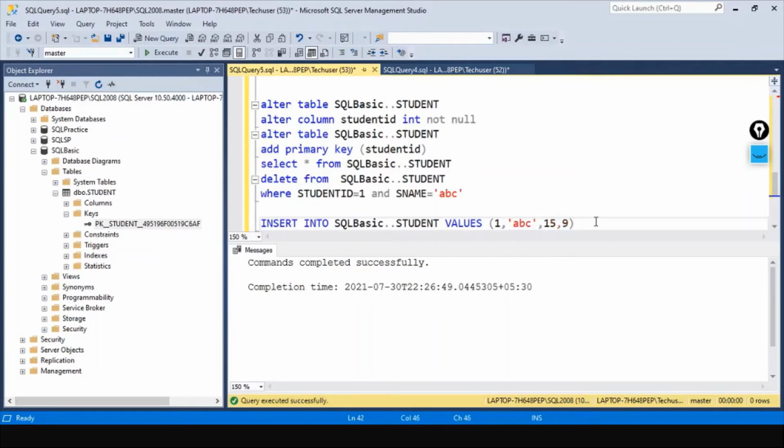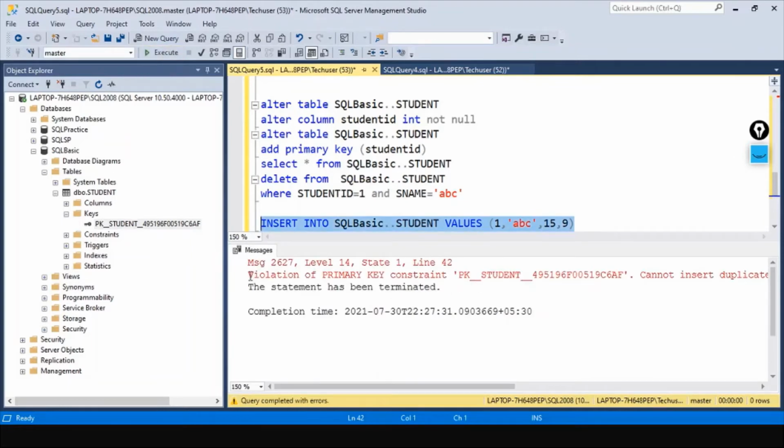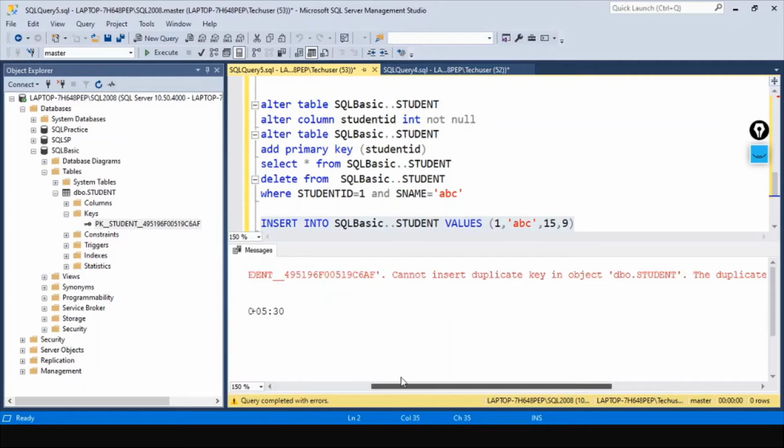It has to fail. See what happens. Violation of primary key constraint, and it is pointing to this primary key constraint which is here. This is the one. Cannot insert a duplicate key in object student. The duplicate key value is 1.